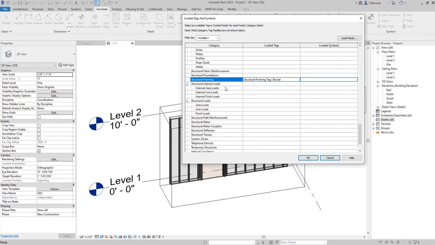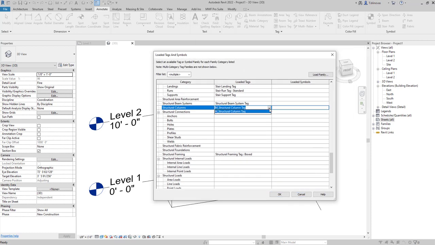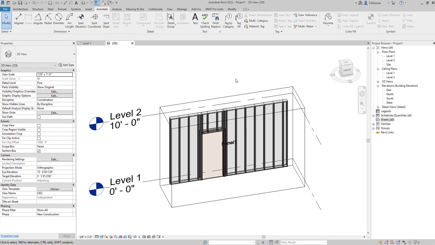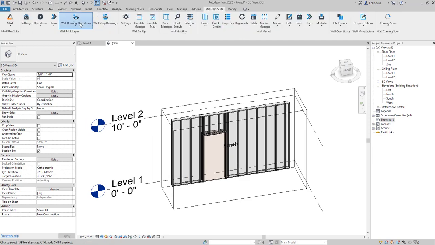And the other one will be the structural column. So here I have my structural columns and I do have also a smart tag loaded in my file. If you click here in the drop down, you're going to see all the options that you have available in that project. So you can have more than one. So now that I know that I do have my smart tags in my file, I can come here to